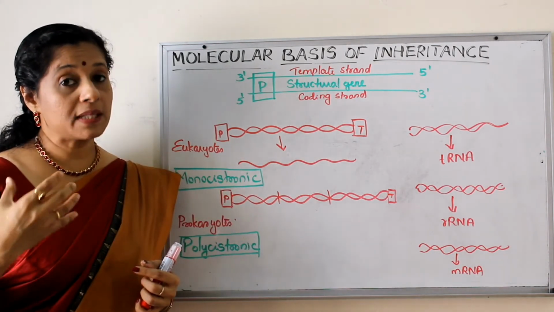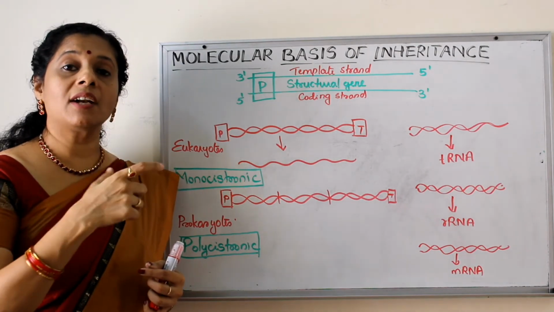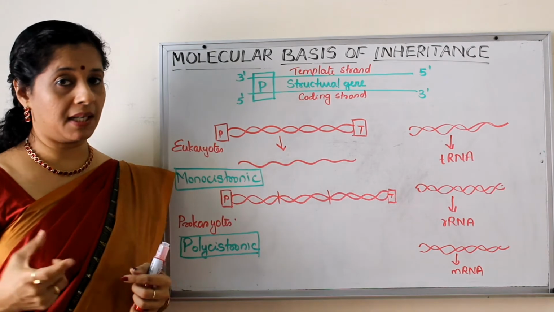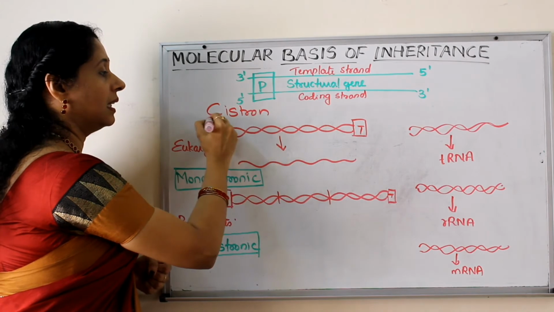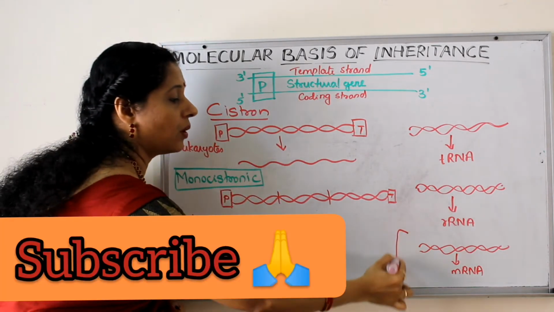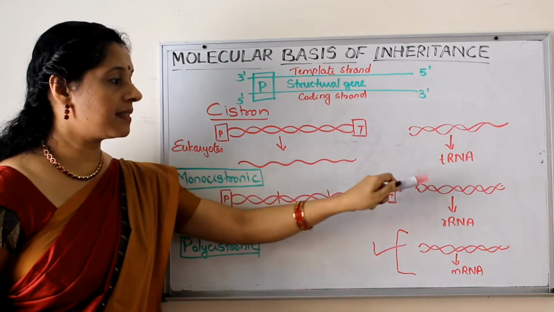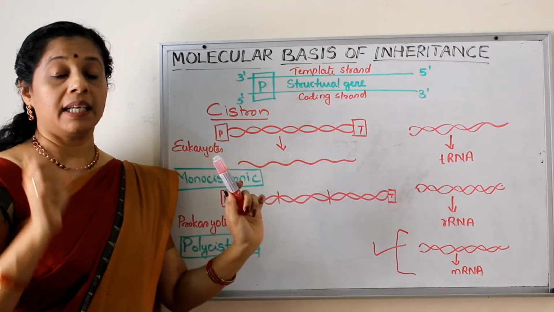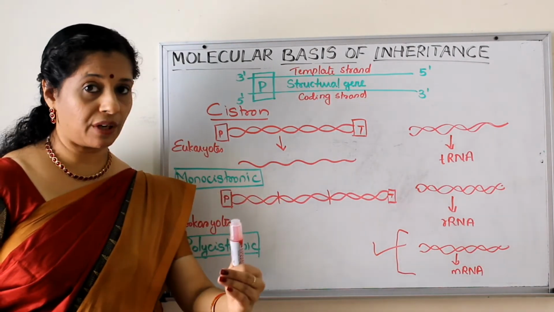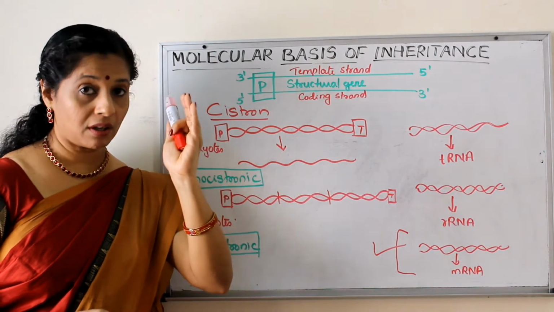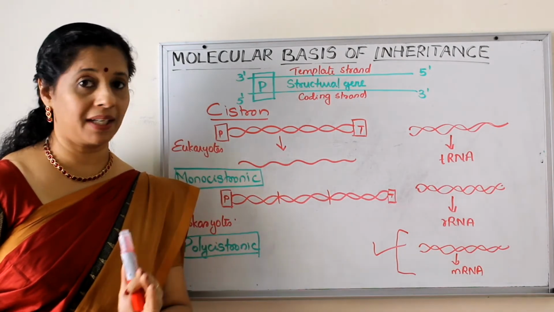So a gene, if you simply say, may refer to a part of the DNA or a DNA sequence which can code for any type of RNA. But we use a term called a cistron. It is a very specific term for a gene coding for only mRNA. Okay? So this is gene, this is gene, this is gene. But if I say cistron, only this will be the cistron. Understood? So genes code for RNA, but the gene coding for mRNA is called a cistron. Only from that protein can form.